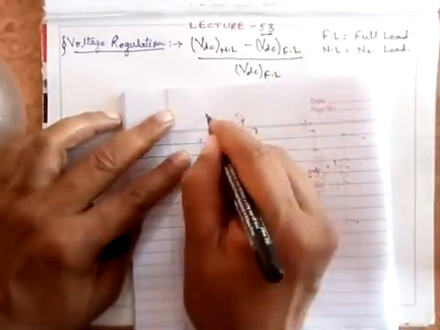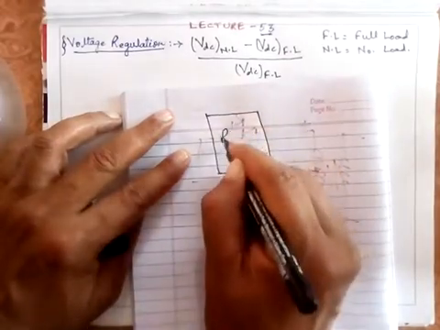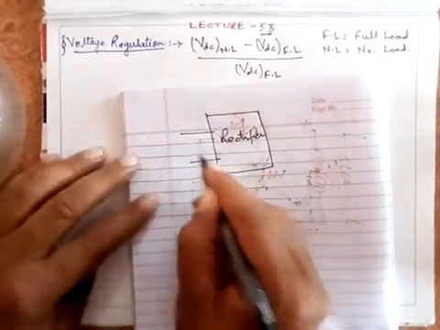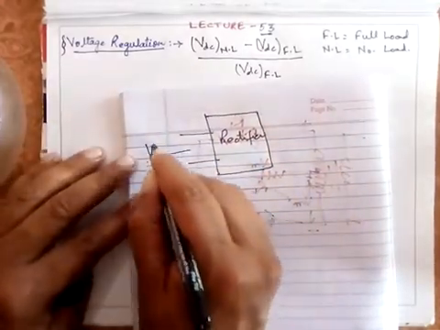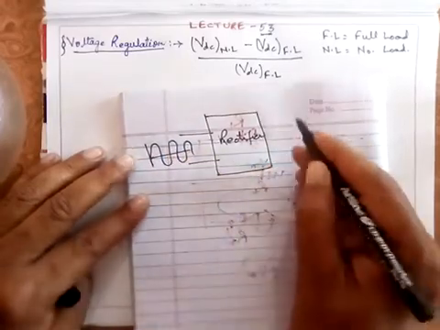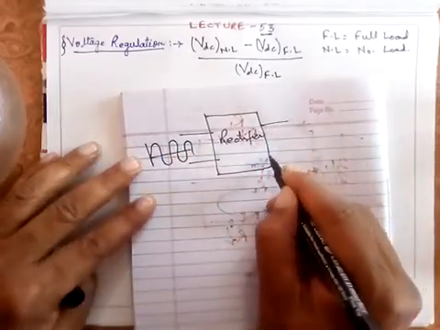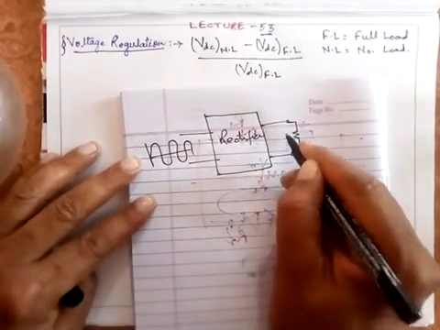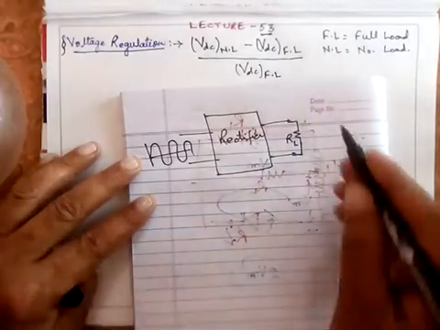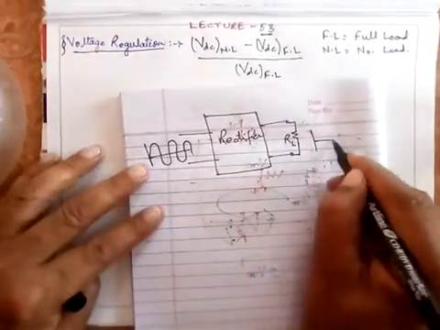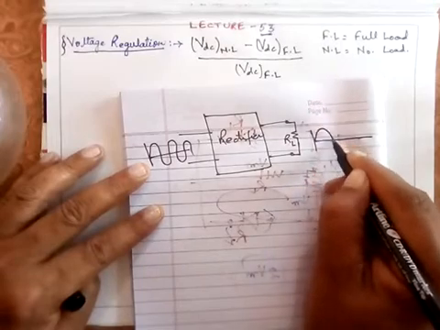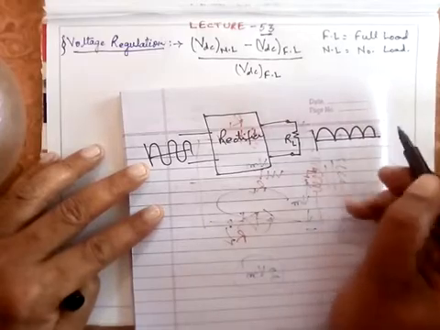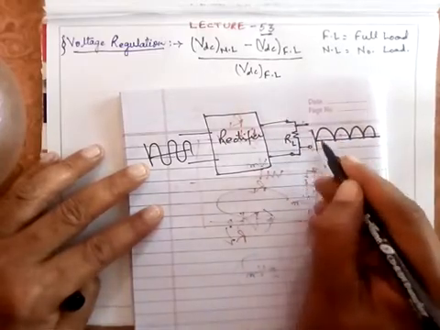Suppose this is a rectifier here. You apply an AC signal here, and it can be a half wave or a full wave rectifier. You apply some load RL here and you get some DC voltage, half wave DC or full wave DC depending upon the kind of rectifier. Suppose I say it is full wave only. Now I apply a voltmeter here which will provide me the DC.